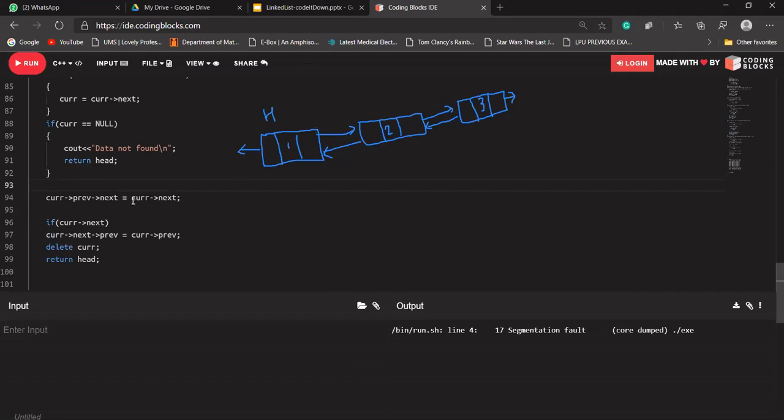Previous is null, and we cannot access previous's next. So before writing current's previous's next, we should check whether current's previous exists or not.